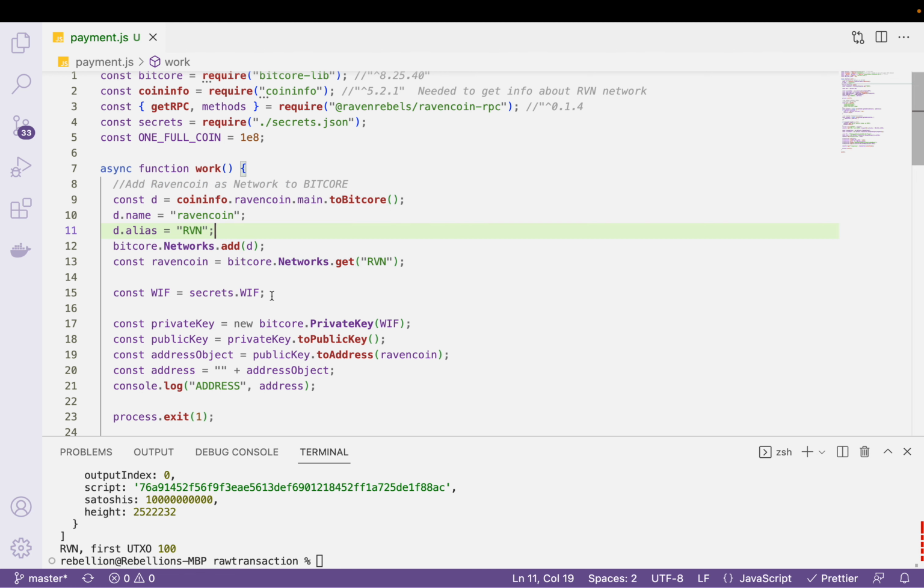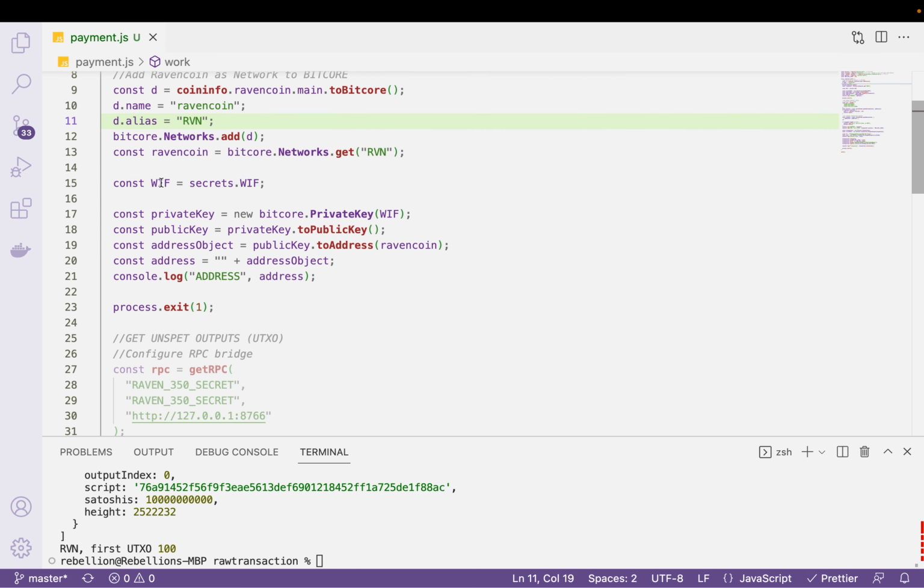Number two, I have placed a very secret private key in wallet import format in a JSON file here, so I don't have to show it. So this is the private key in wallet import format. And here we have code that transforms this wallet import format key to a private key. And then we go from private key to public key, and then from public key we can get an address. And look here, we have to use the argument Ravencoin here, because when we run this code now, we will console log a valid